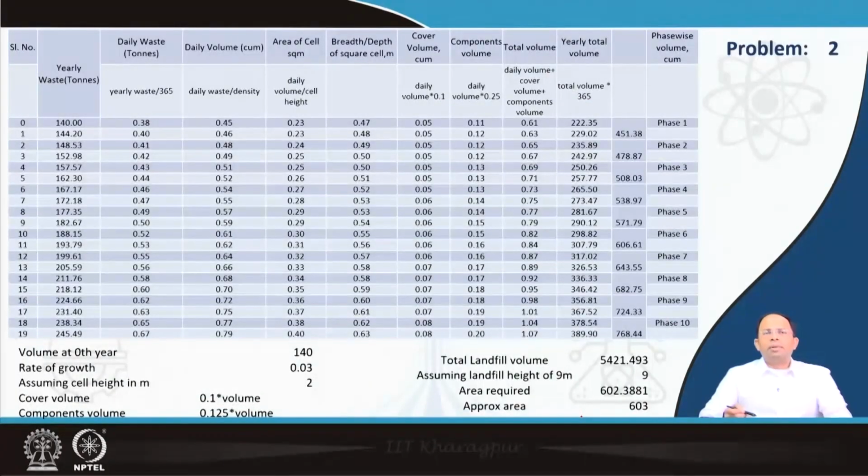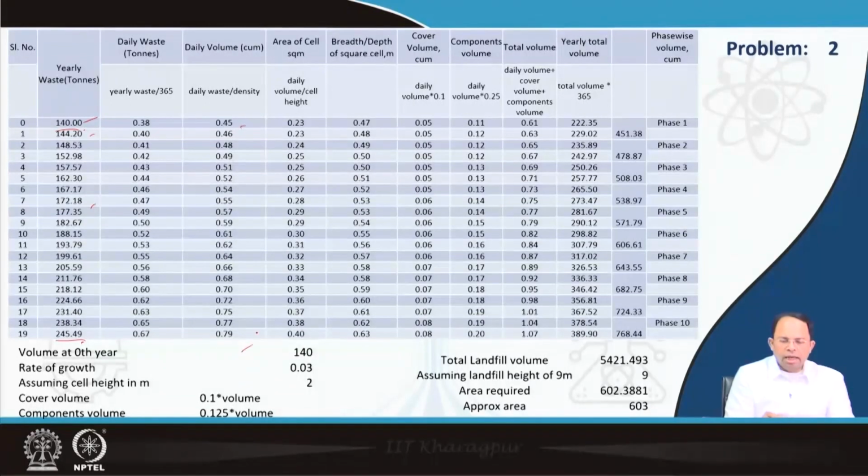Now this is a little bit more detailed way of calculating the exact same thing. Instead, over here, what we have considered is, instead of assuming the waste that is coming to the landfill site for every year is the same, it is different because waste is increasing every year. So this is estimated over here. As you can see, in the 0th year waste is 140 tons, whereas in the final year waste is around 245 tons. So obviously the total volume that is required to cover for this waste is also different in the